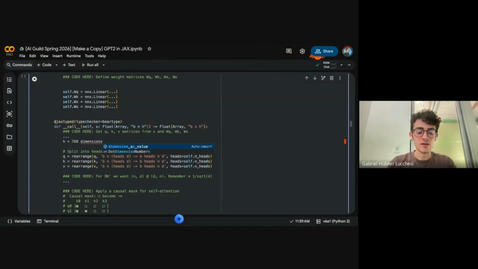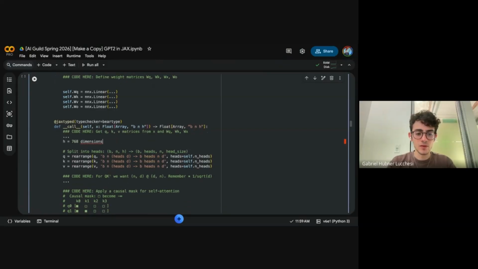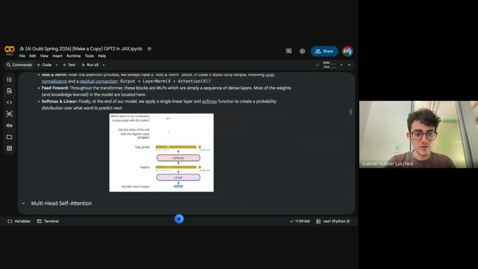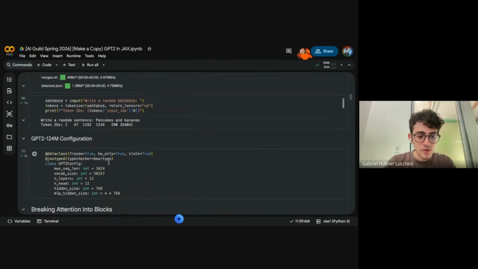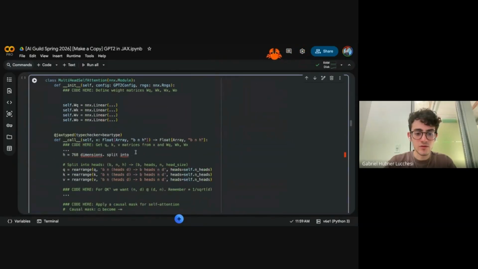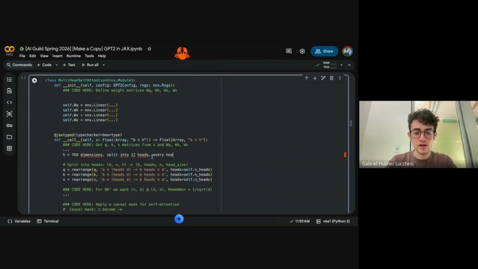Every head gets a split based on how many heads we have in the config. We have 12 heads, so into 12 heads, this is 768 divided by 12. This is 64. Every head sees a dimension of 64.